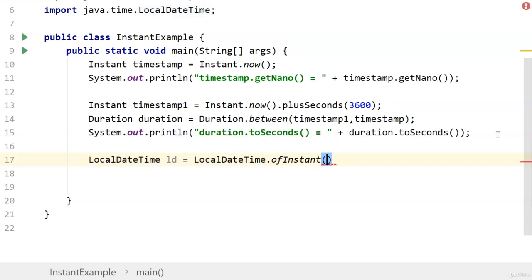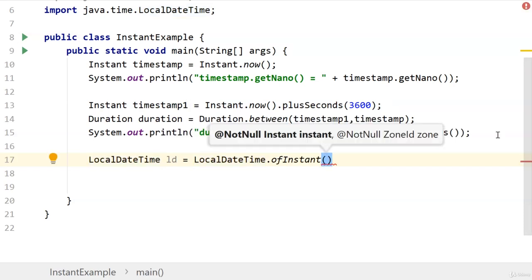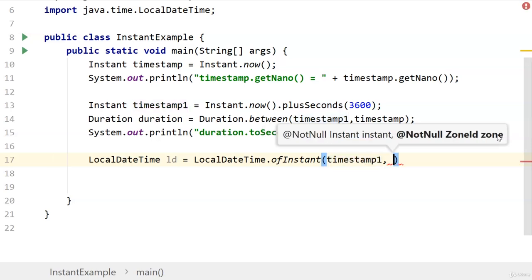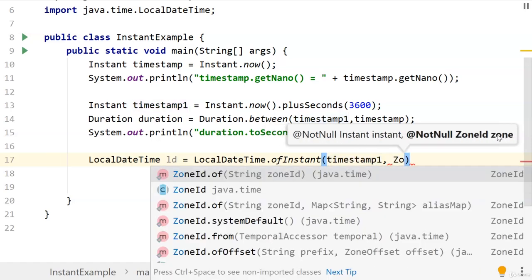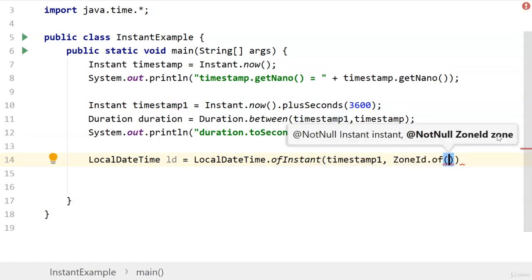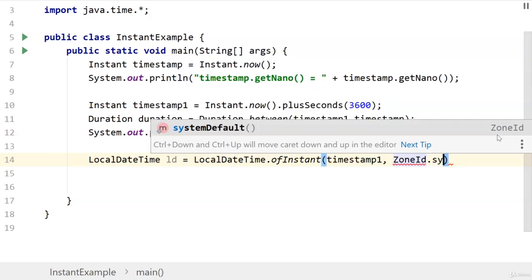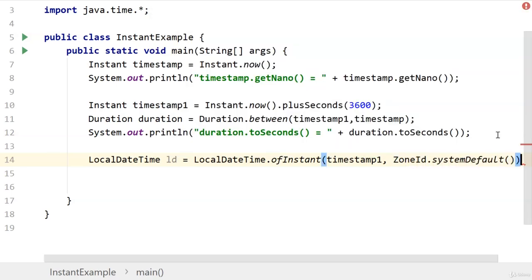You can use this method to create it from an instant, and this is timestamp1, and you provide the ZoneId.of, or ZoneId.systemDefault, using the system which I am